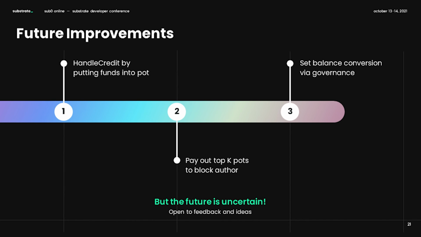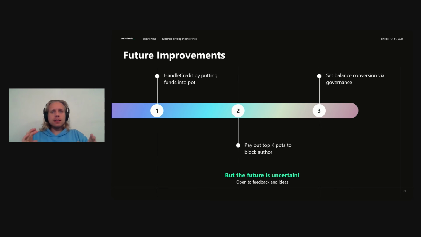So as I already mentioned, the handle credit that we have right now is super simple. In the future, we might want to improve on that by putting them into a pot. Once we have these pots, and if the parachain is successful, we might get a lot of assets, and maybe they are all value bearing, and we want to support paying transaction fees in them,